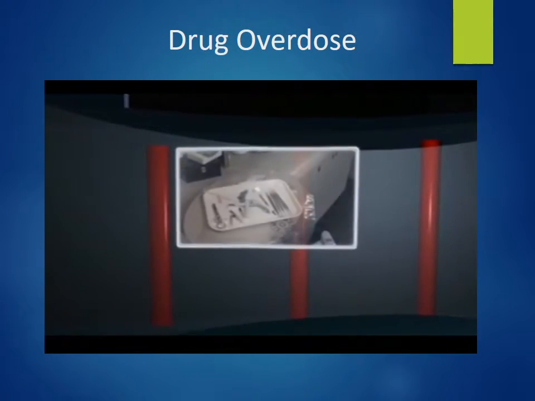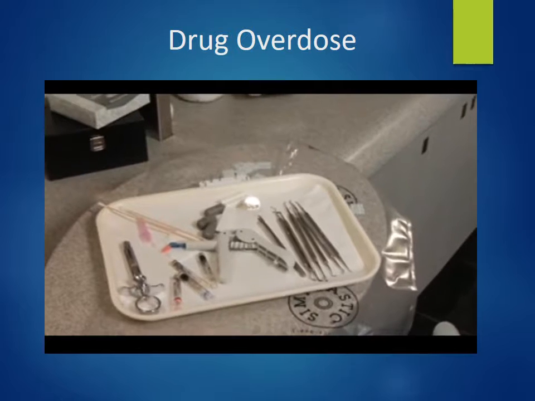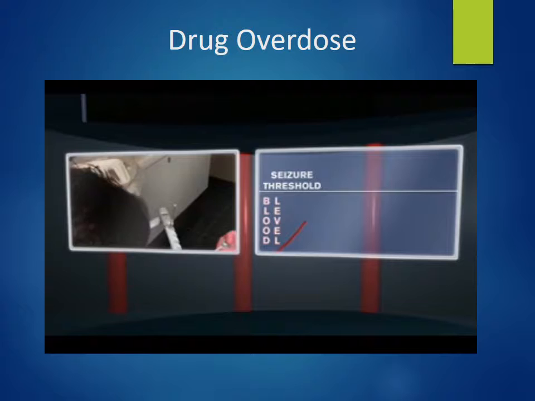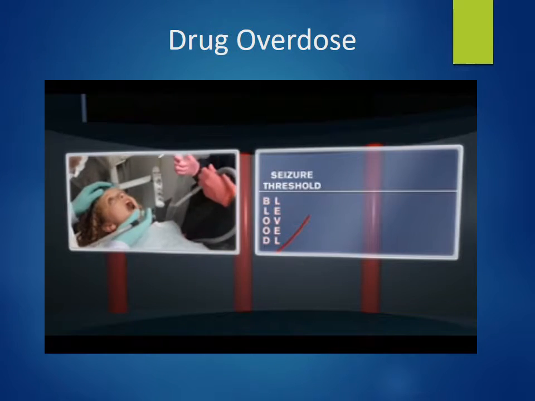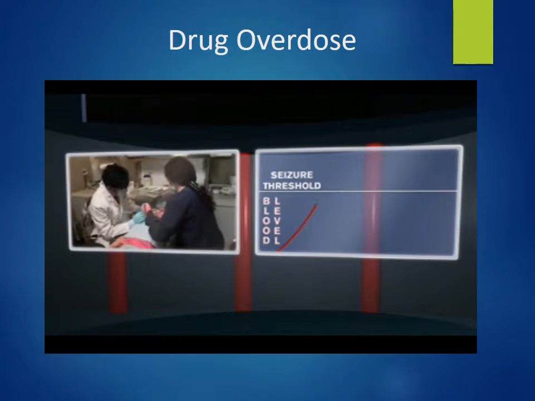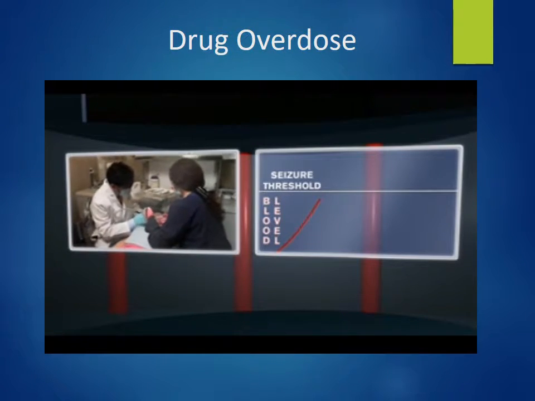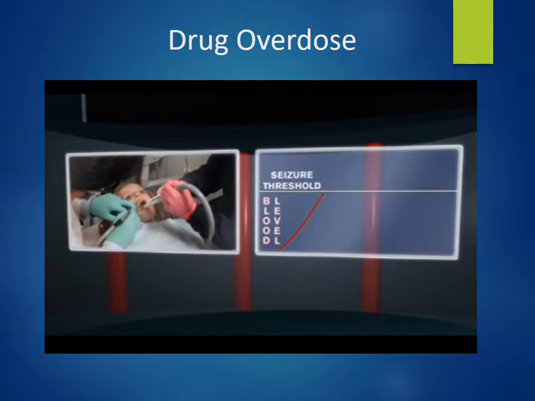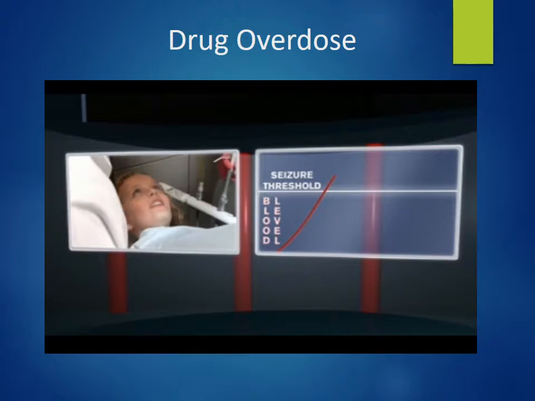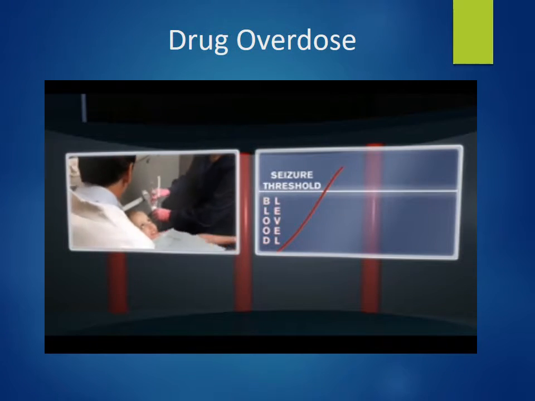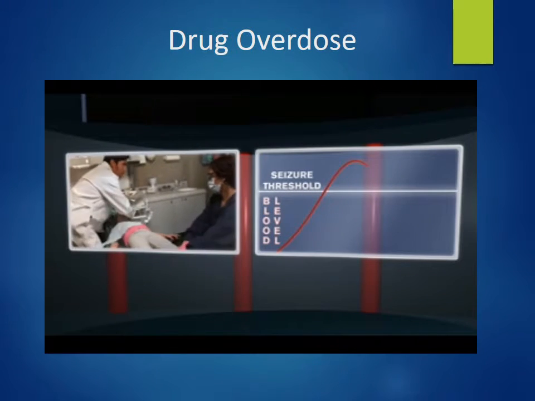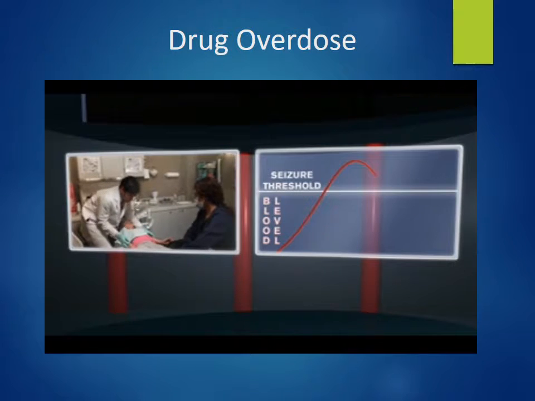Now, let's take a look again at the scenario where local anesthetic overdose occurs as a result of administration of too much local anesthetic. However, in this instance, the doctor and staff are well prepared to recognize and to manage the situation. The local anesthetic blood level reaches its seizure threshold approximately 5 minutes after the injections have been administered. The blood level of local anesthetic will then decrease rapidly as the drug is redistributed. A typical local anesthetic-induced seizure will last for less than 1 minute.